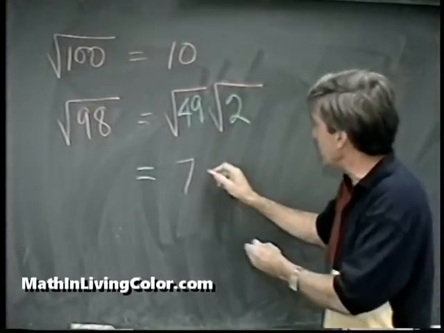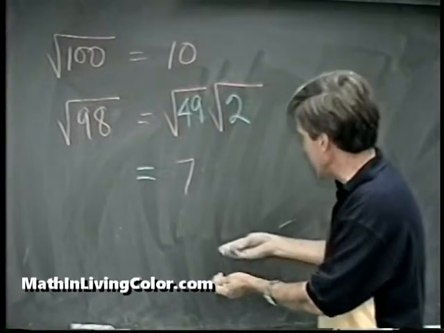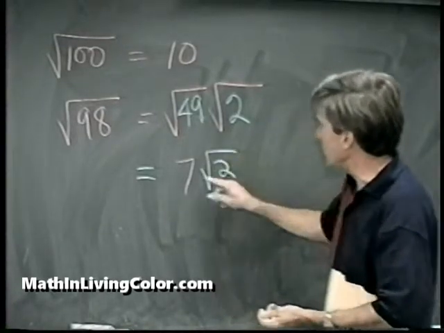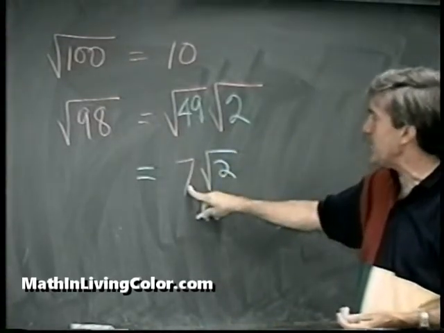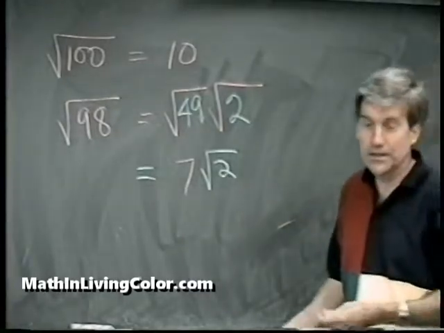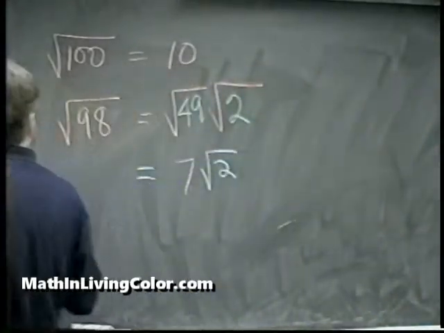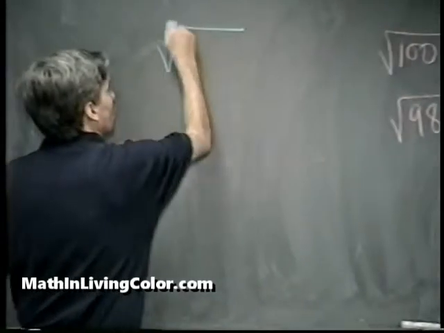So we just leave it in a square root form. Just leave it as the square root of 2. So the simplified answer would be 7 times the square root of 2. Okay? Now, what if we had something like the cube root of